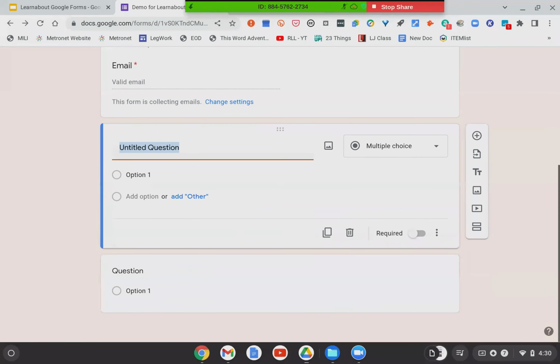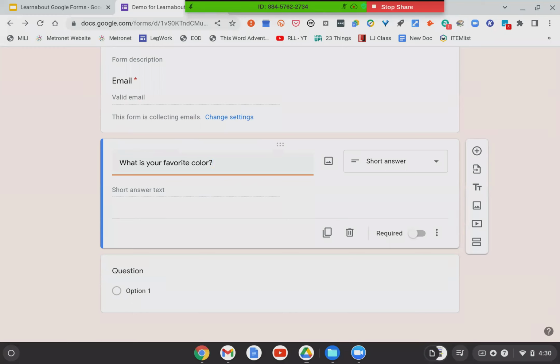With the questions, if you start immediately typing, not worrying about any other setting on here, I start immediately typing. So, what is your favorite color? And I hit that and put that in there. As soon as I did that, Google Forms, you'll notice that there were some changes on the screen. Google Forms is trying to determine what kind of question I am answering. So it is pre-selecting the responses for my answer. It changed it to short answer, to give me the ability to type in the color.